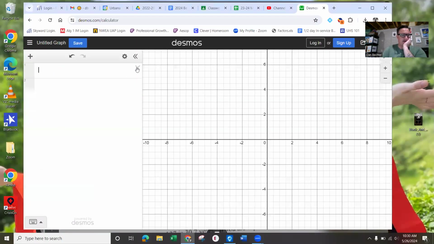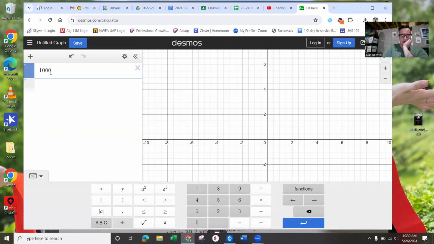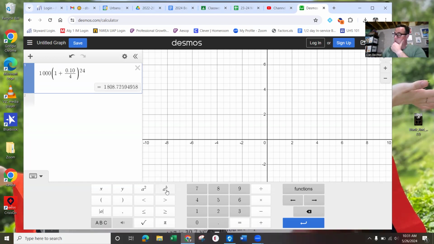Okay, so when I get to this, let's make that go away for a minute. We're going to start with 1,000 times 1 plus, and then I'm going to do a fraction. So it's going to be 0.10 divided by 4. And then I'm going to go to the outside of that and raise that. Now, I know that 4 times 6 is 24, so I'm just going to do that math. And so when we do that, we get 1808.725, and so on. So that means that the answer for this is